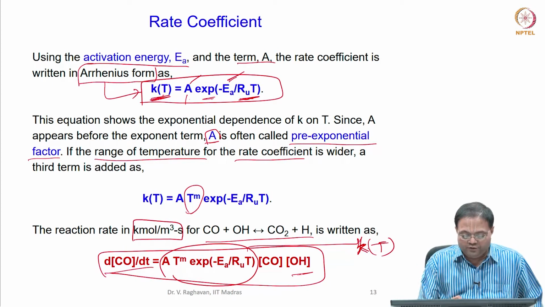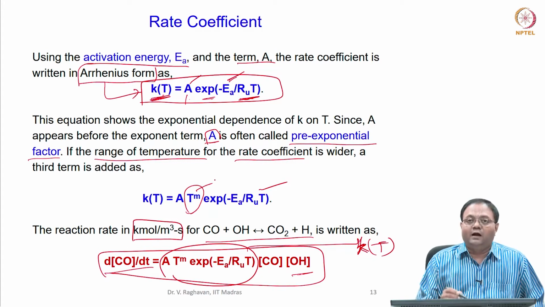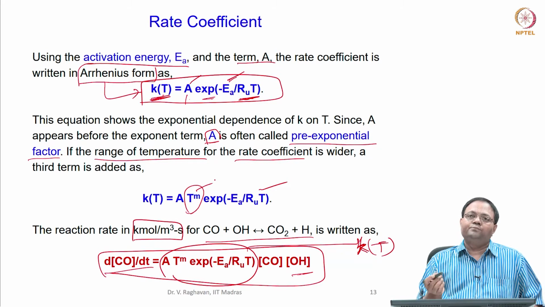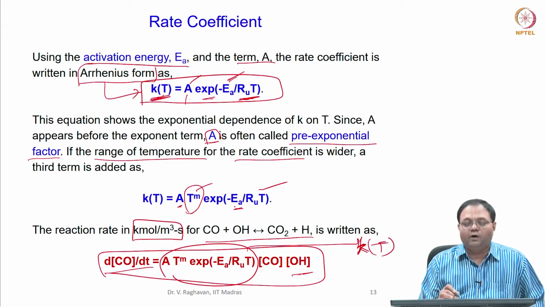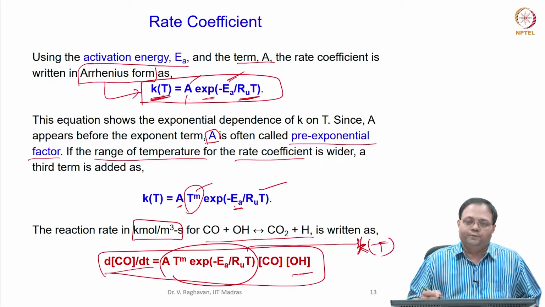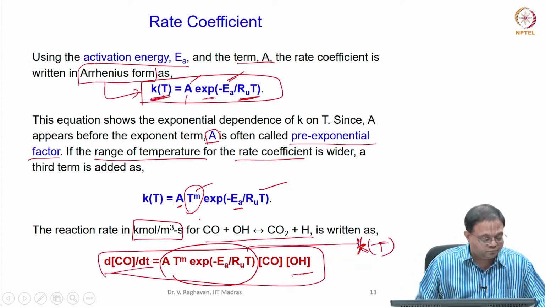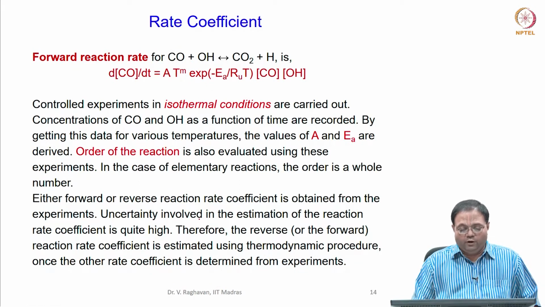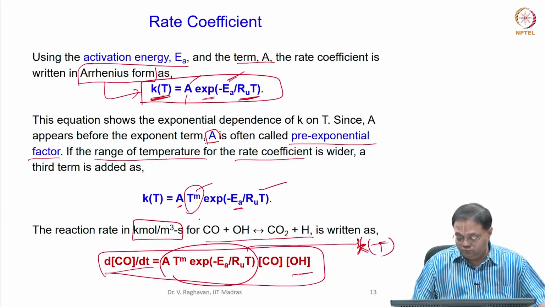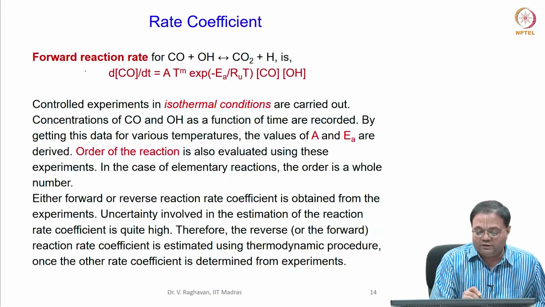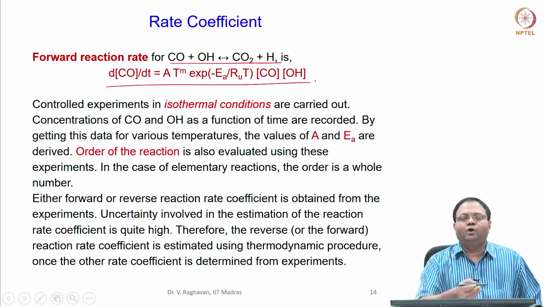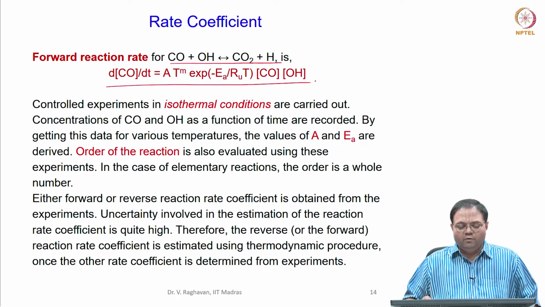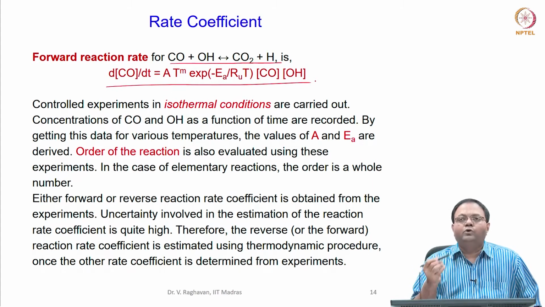So, the rate coefficient is not a constant; it is a strong function of temperature. This is calculated by conducting a lot of experiments, and you have to evaluate the values of A and EA for a set of species, and fit curves to get these values. Now, the forward reaction rate is given by this forward reaction. Similarly, you can also calculate the reverse reaction rate. But how are we going to do this?